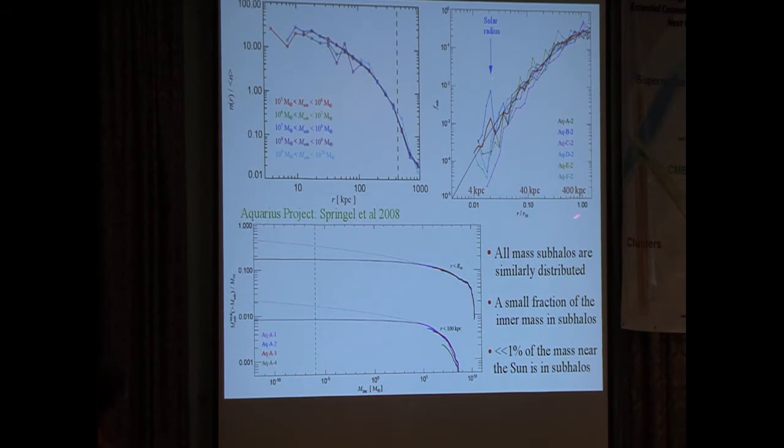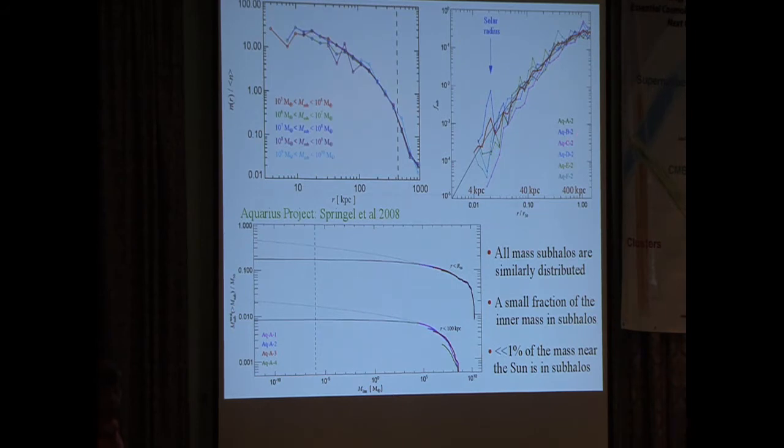And so if you go out to the edge here, this nominal radius at 400 kiloparsecs, you can see the total fraction of the mass in small objects is about 30%, just to our resolution limit locally. But as you go in, the density of the total dark matter increases rapidly, while the density of the small objects only increases relatively slowly. So what happens is this mass fraction plunges. By the time you get to the radius of the sun, only 1,000th of the mass is in the resolved